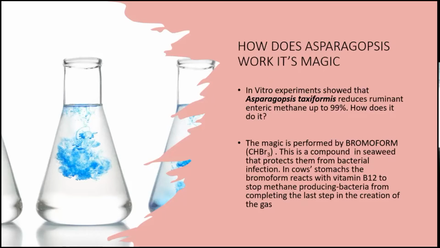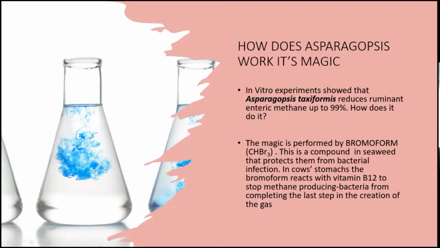How does it do it? Well, the magic is performed by bromoform, that's CHBr3. Again, this could also be called tribromomethane, okay? You can call this many things, but the technical name is 1,1,1 tribromomethane. The 1,1,1 refers to which carbon the three atoms are on, but that's in organic chemistry, which I happen to like a lot. But we'll just use the simple form, bromoform. It's similar to chloroform, which, instead of having bromine, has chlorine. You understand? And so these are analogs of methane, like I said.